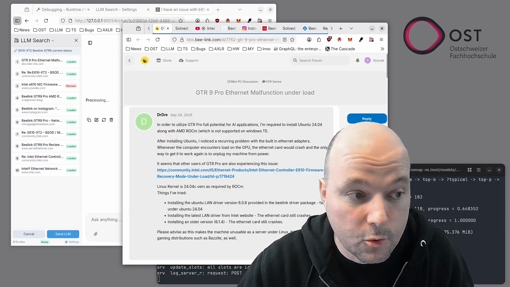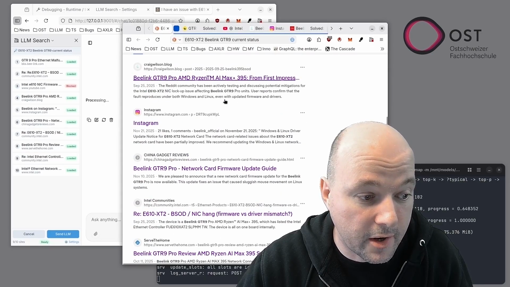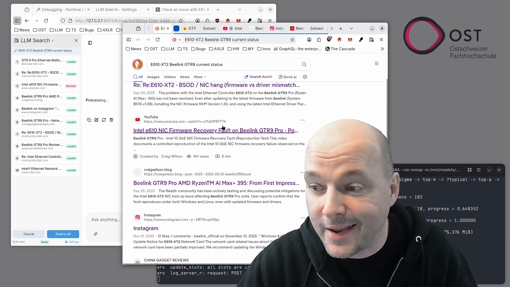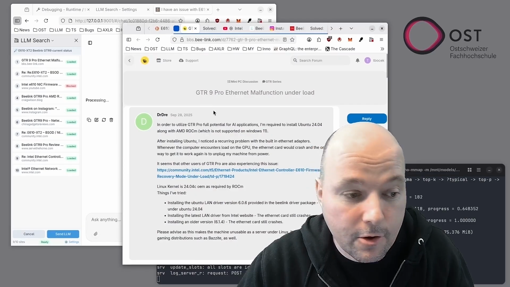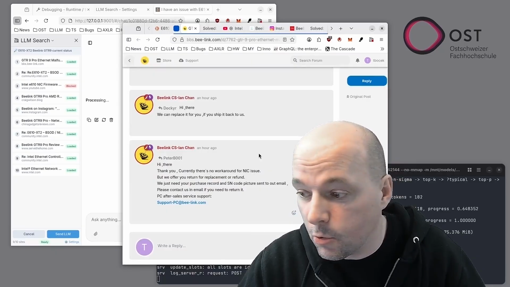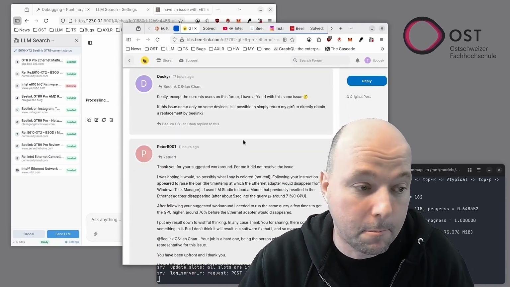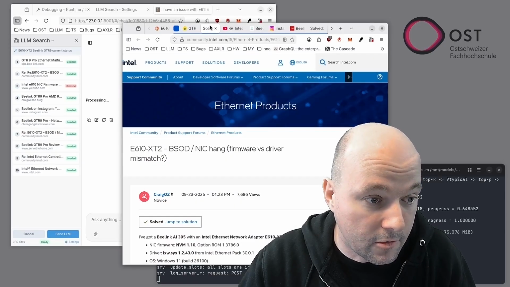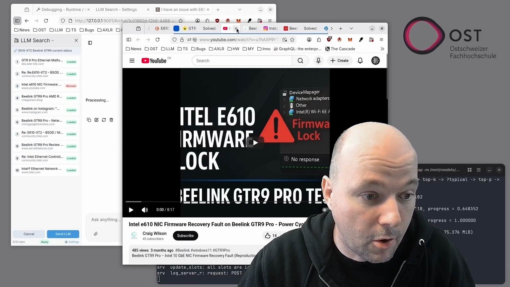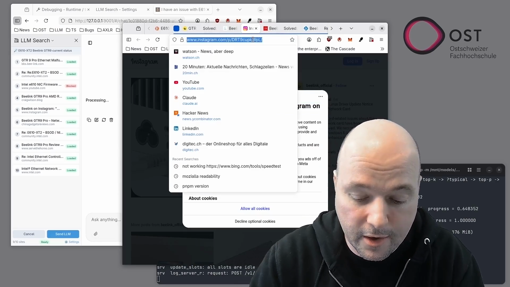And what I can do now here, I can actually look at what has been searched. I can see that those first 10 links have been opened here. And what I can do now is go down, so it will load the content, and everything that's in the DOM will then be sent back. I can also, for example, close that one since it's not relevant. Instagram, we don't need Instagram, or we can even go to